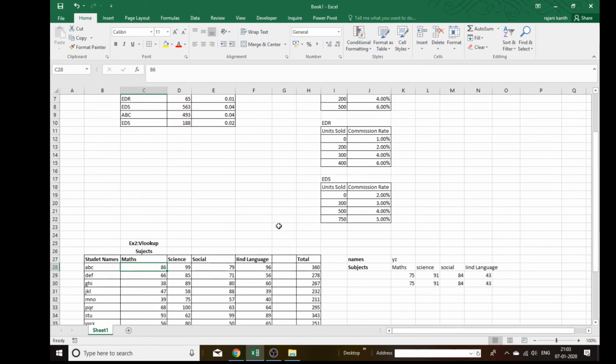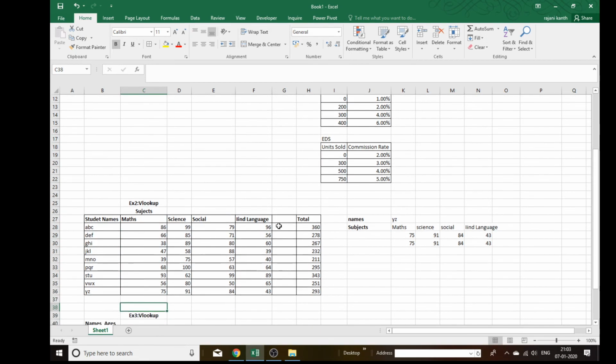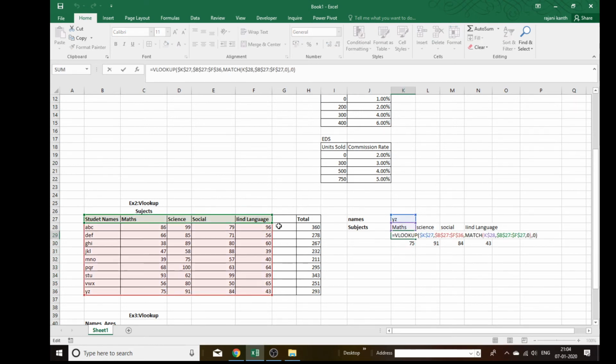Yeah, these are the things in VLOOKUP. Now I'll show you the dynamic way. Okay, first of all we'll check the range, all those things up to F36, F27 to F36, right? Okay.